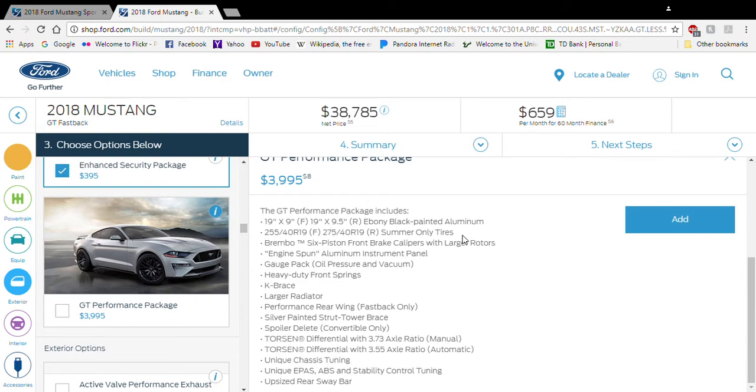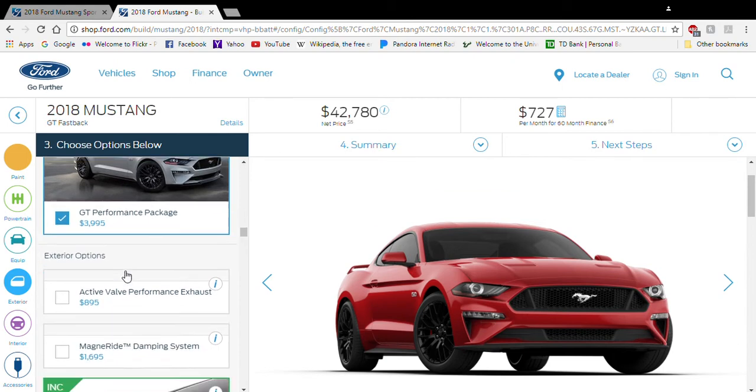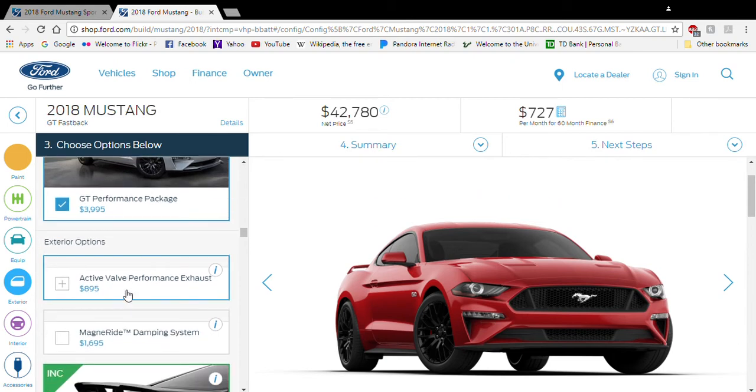Truthfully, parts alone would run you around this same price, and by the time you were done putting them all on with labor included, it's going to be a lot of money. So if anything, I think it's worth going ahead and getting it as a factory option as opposed to spending the money later. And of course, active performance exhaust, something I want to have just because it quiets the car